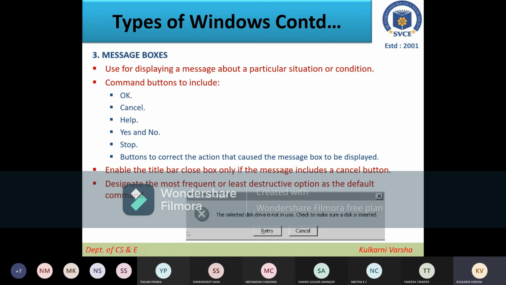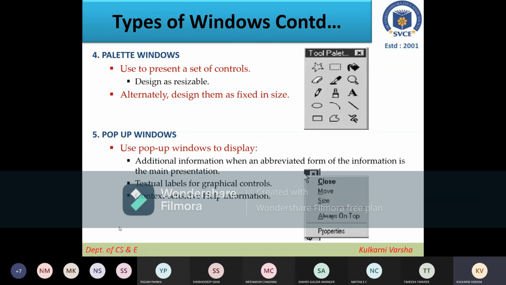Default command means that if we are not choosing retry or cancel, one option is taken by default. That should be the one which is most frequently used or less destructive. So this is with respect to message boxes.